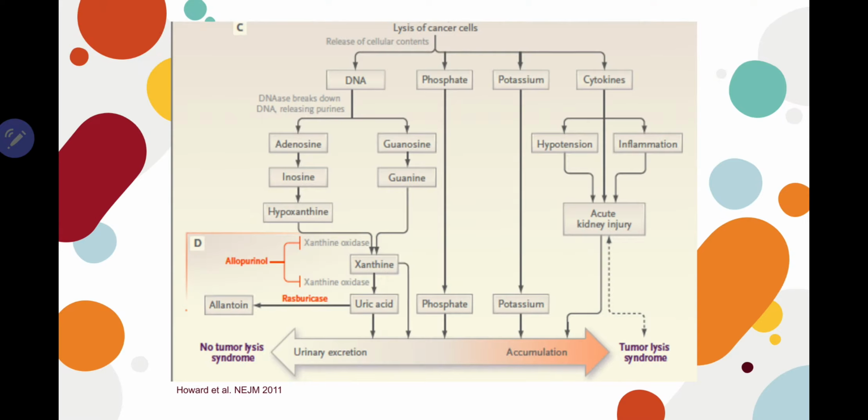A very important thing to remember is the pathophysiology of tumor lysis syndrome. We all know a cell is composed of a very big nucleus and cytoplasm. The nucleus is mainly made up of DNA and the cytoplasm is rich in phosphates, potassium and cytokines. So what will happen when a cell breaks down? The nucleic acids will be converted into xanthine. Xanthine, with the help of xanthine oxidase, will be converted to uric acid and will be excreted. If there is an increase in uric acid crystals, there is tubulopathy leading to acute kidney injury.